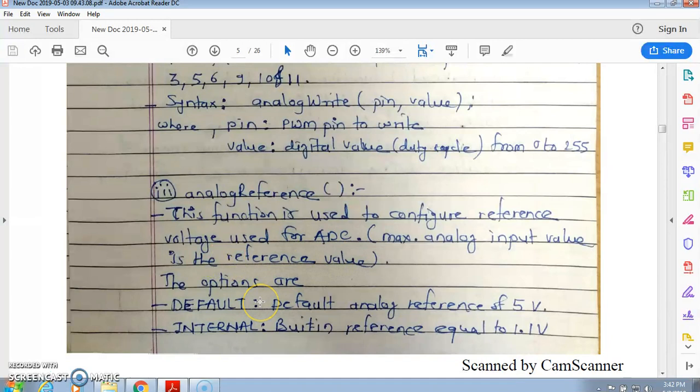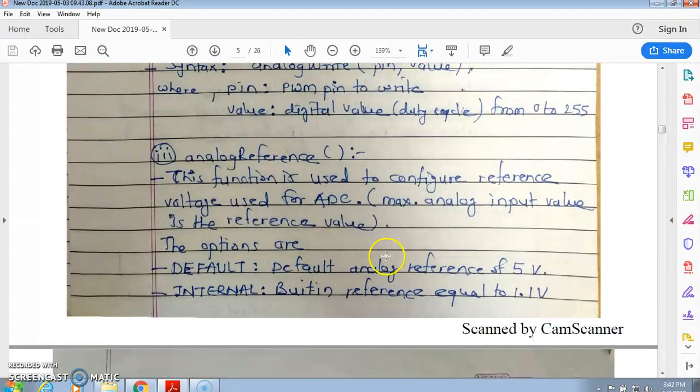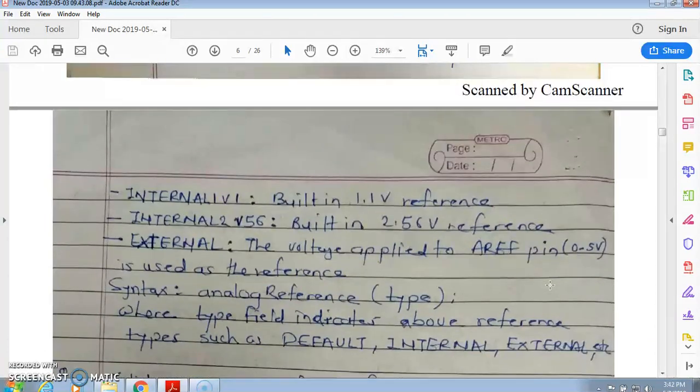The options are: DEFAULT, the default analog reference voltage, which is 5 volts; INTERNAL, the built-in reference voltage equal to 1.1 volts; INTERNAL1V1, the built-in 1.1 volt reference voltage; INTERNAL2V56, the built-in 2.56 volt reference voltage; and EXTERNAL, the voltage applied to the AREF pin,